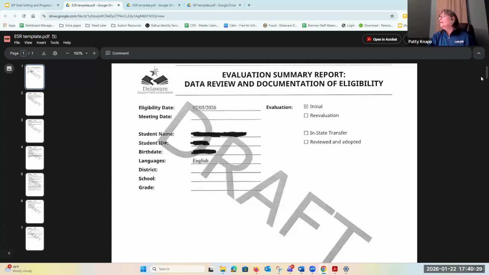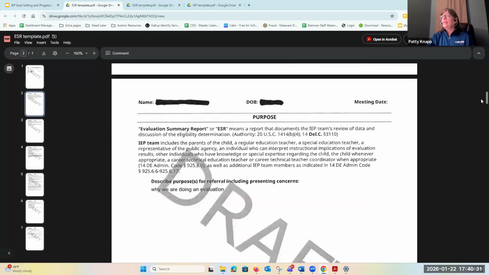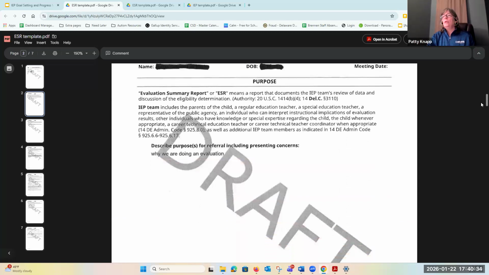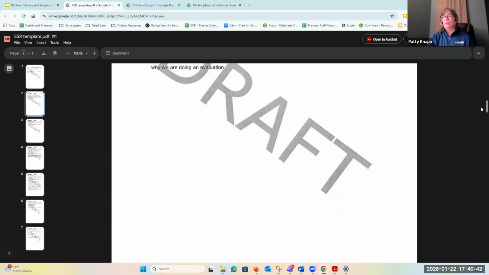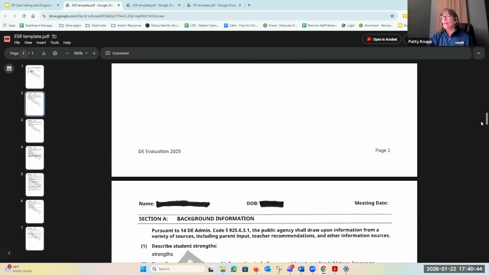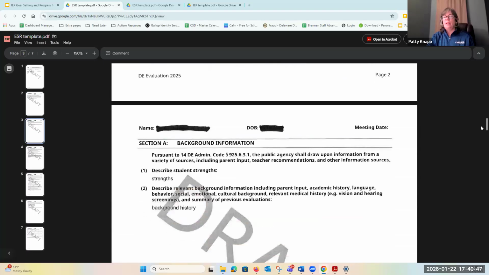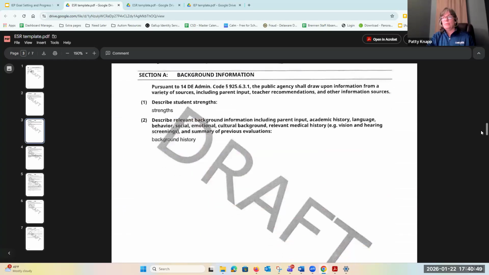Let me scroll down. All right, and so this is where you'll start seeing the information that describes the reason for the referral, the parents' concerns, and why we're doing an evaluation. So that information will be included in there. There'll be relevant background information, which is really important.